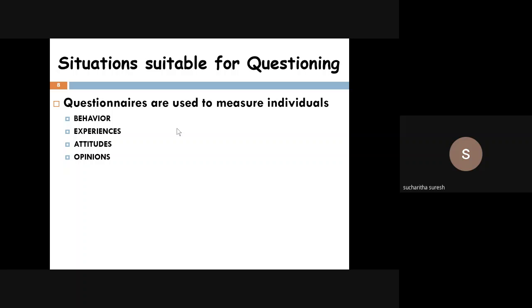Because if you are clear about what the meaning of behavior is, then you can frame the questions very nicely towards that. So the operational definition is very important when you are measuring certain traits of human beings, like opinion and belief. What is your belief? Regarding certain aspects. Okay, values. What is your belief towards black magic and things like that?